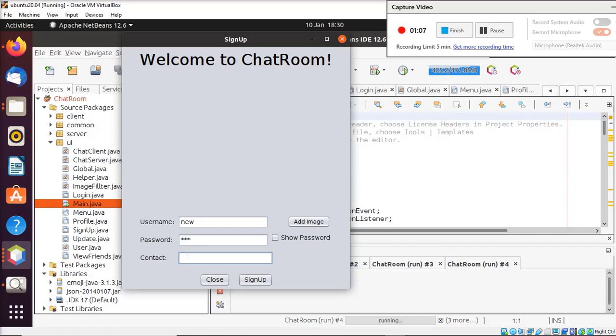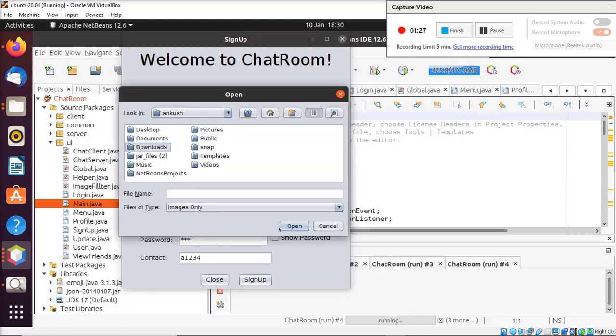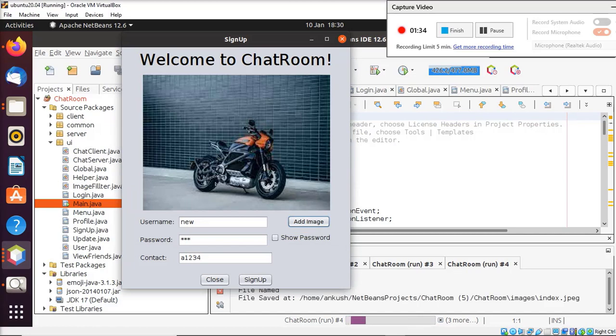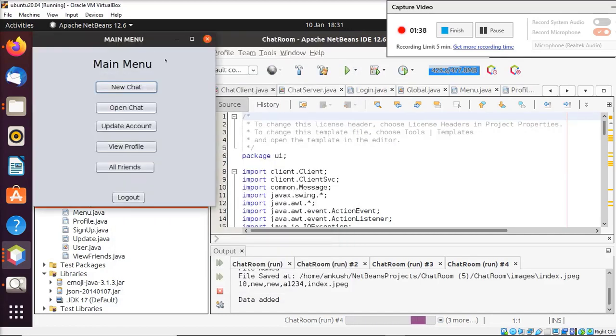It should be unique, so that this is the recognition that other users can identify you through this contact number. Now I'm going to add an image to my profile pic. This is the image I chose,